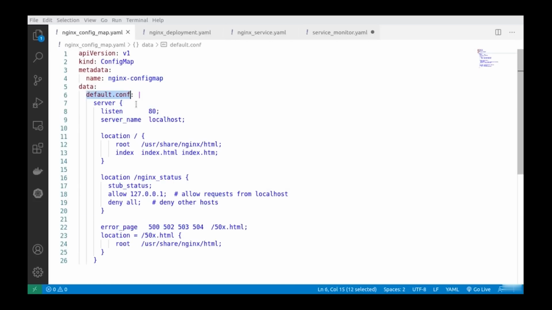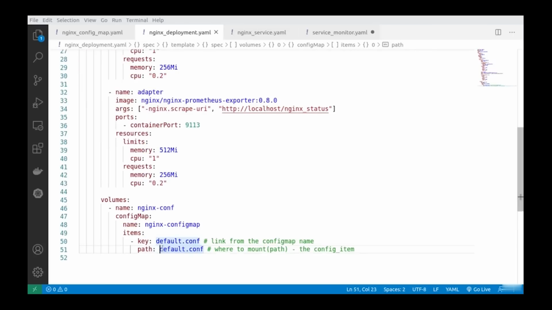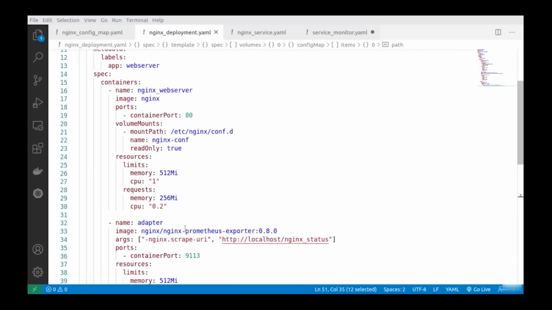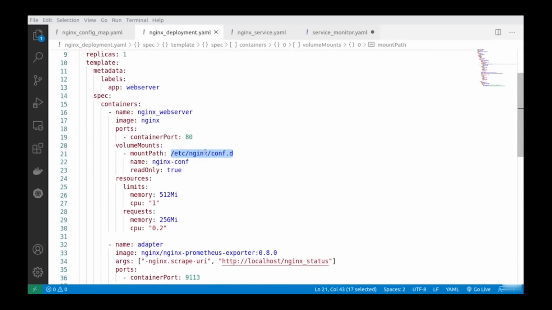So this key and all the data that we have in there, we are saving it into a default.conf file. And then this default.conf file will be used inside of the mount path, so it can be visible inside of our Nginx web server. So whenever we are loading up the Nginx image, it will read the configuration and configure Nginx to produce statistical